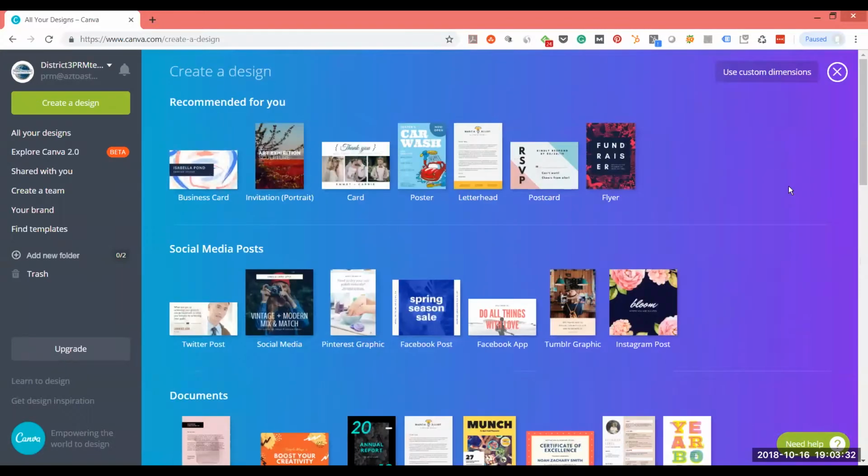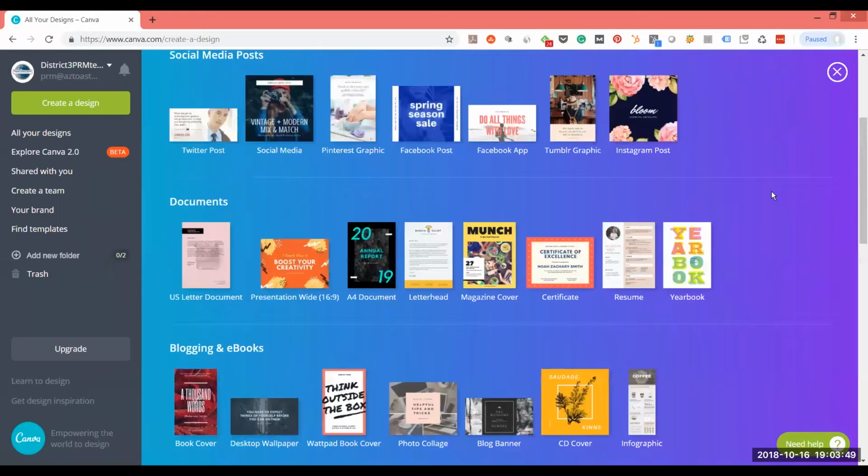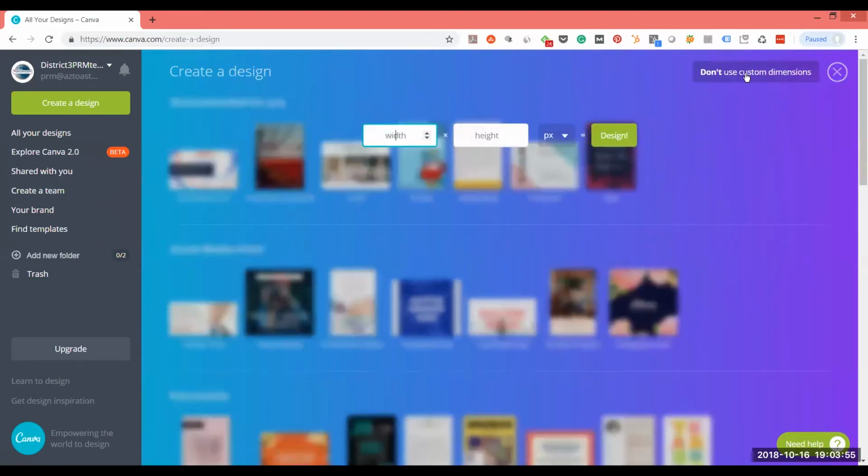Now let's say you have something that's custom like what I created, which was actually 7.5 inches wide by 10 inches tall. You don't really see that here, even the letterhead is 8.5 by 7. If you hover over them, you can see the sizes, whether they're in pixels, centimeters, or inches. So at that point, you can create a custom dimension in the upper right-hand corner. If I click on that, you'll get your width and your height